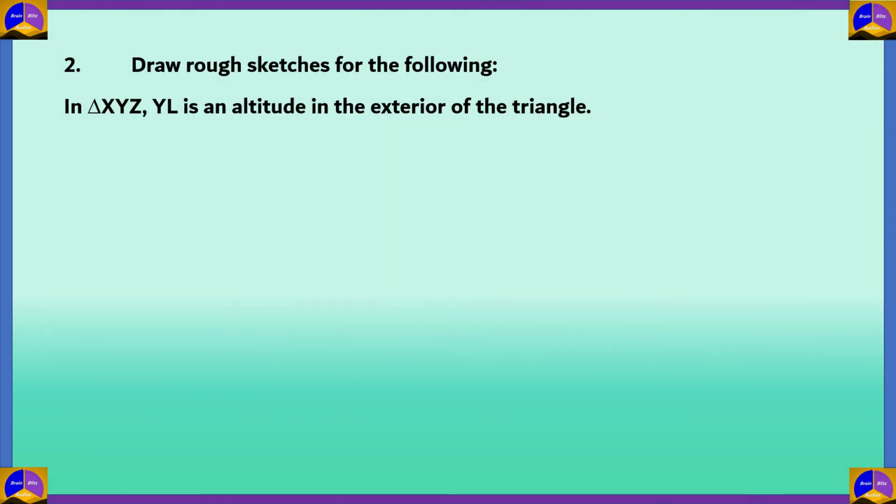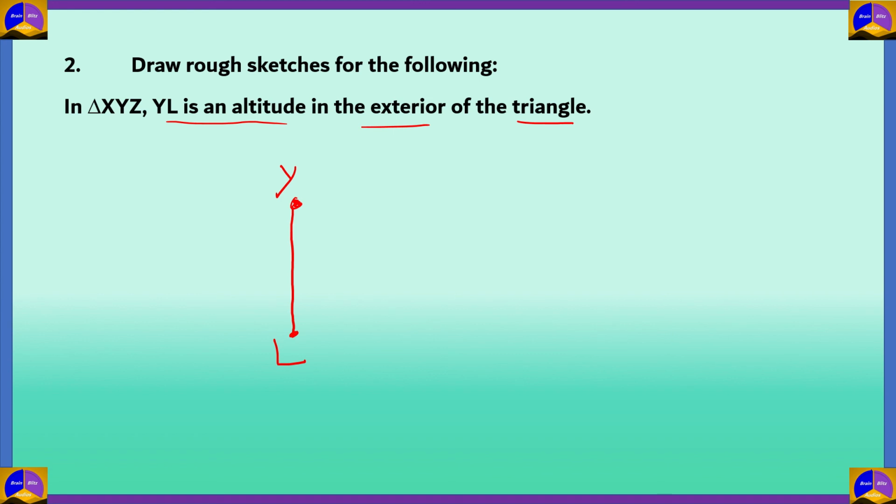In triangle XYZ, YL is an altitude in the exterior of the triangle. Now, YL is the altitude, and Y is a part of the triangle. So let's draw point Y at the top, and if we draw a straight line, since YL is the altitude, L will be right there. Now this must be in the exterior of the triangle,